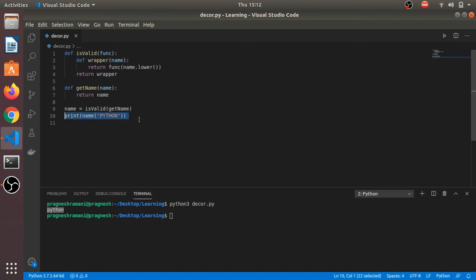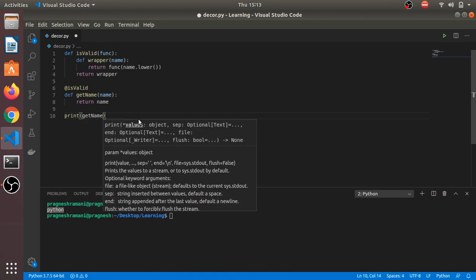But Python has a functionality, so you don't need to assign this function to the variable, and you don't need to call that variable itself. Instead of that you can write like this, isValid. To define the decorator, you need to write @decorator name. So this decorator will be called before this function definition whenever you call this function. Okay, so whenever you call this getName function,